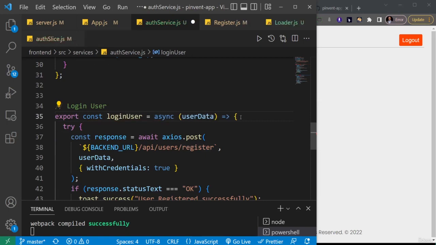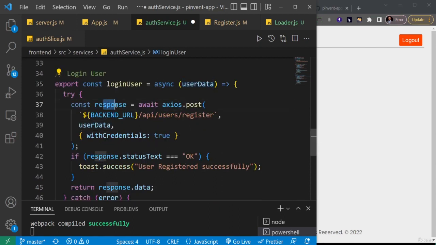So great. Now when we want to log in a user, we are expecting to have the user email and password sent to the back end, and that's going to be inside this user data. So we're expecting user data. Then we'll create a response variable where we are doing axios.post. So logging in the user is also a post request, but then the URL that we are pointing to is not register. It has to be